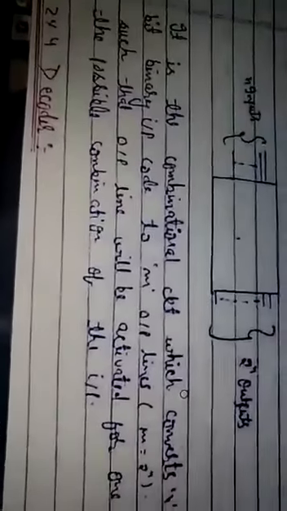Here there are no selection lines. The selection lines work as inputs, such that an output line will be activated for one of the possible combinations of the input. In a demultiplexer and multiplexer there are selection lines, so activation is not needed. But here there is no selection line, so we want an activation line.